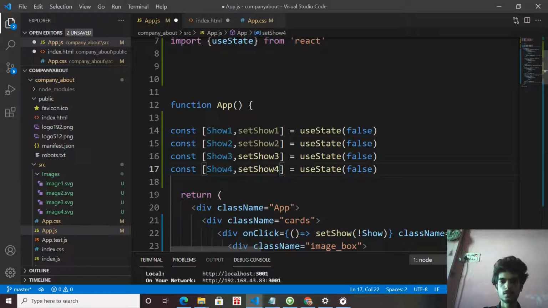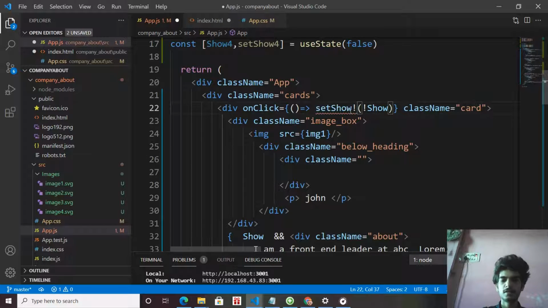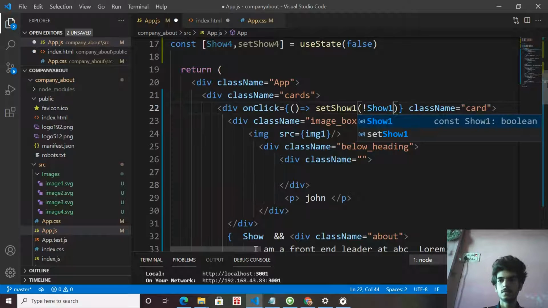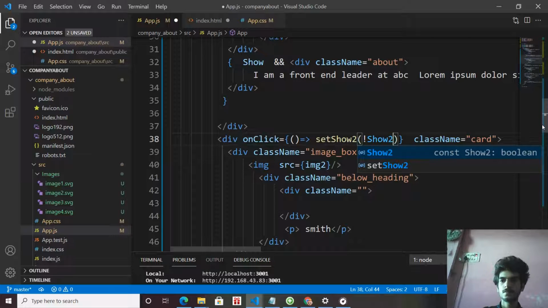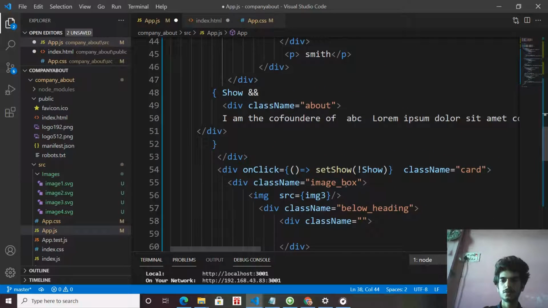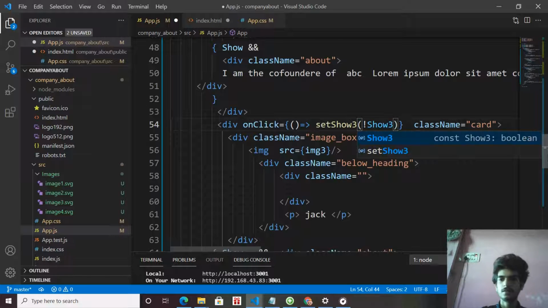At the starting all these are false. Okay, then come down and change also the set show1 value, and for the second change the show2 value, for the third change the show3 value. This way we have the functionality to click on each card and open its bio.